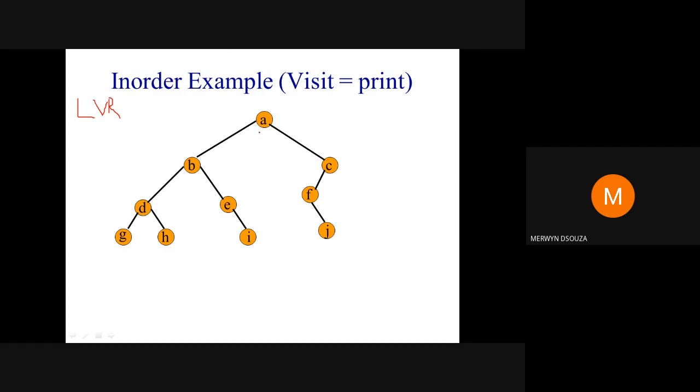So let's do it together. Okay. So you start from the root node. Start with the first step, left subtree. If you can go left, go left. Yes, we can go left here. New node. So start again with the first step, left subtree. Go left. New node. Start with the first step, left subtree. Okay. Go. Again new node. Start with the first step, left subtree.